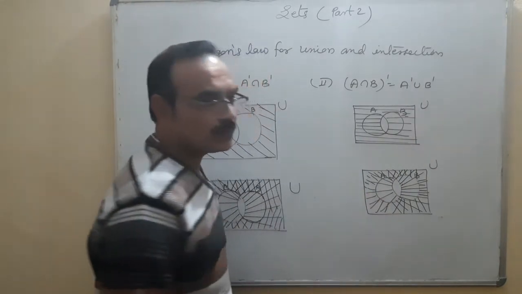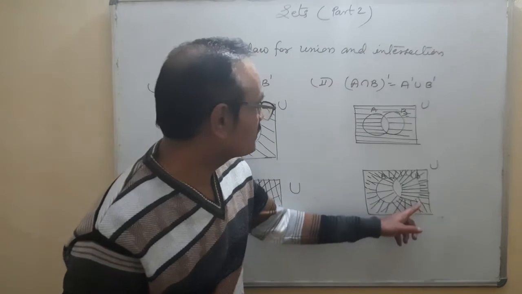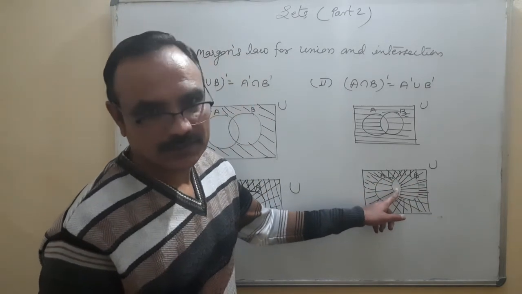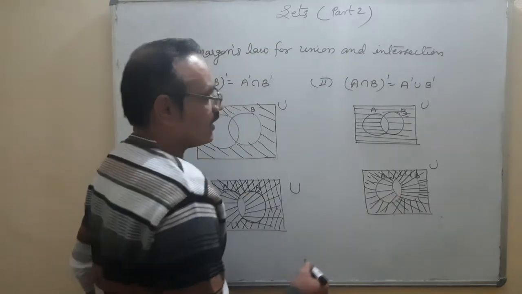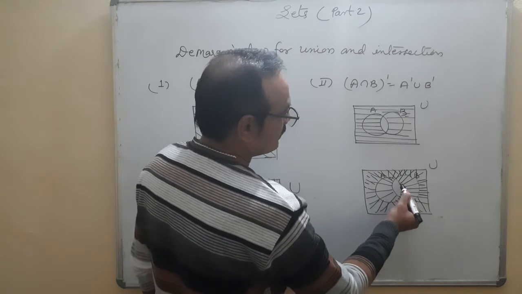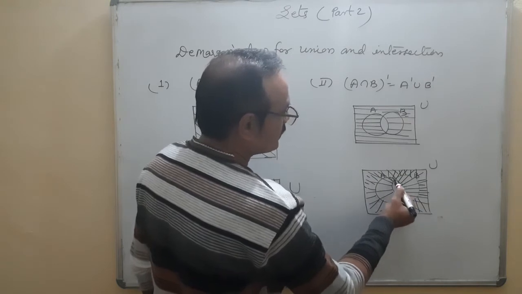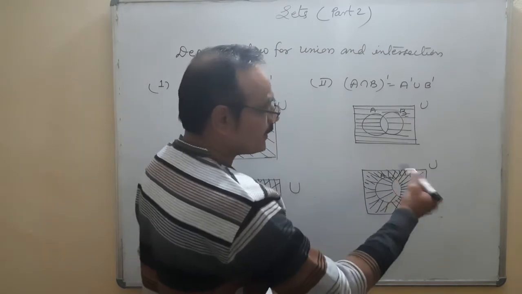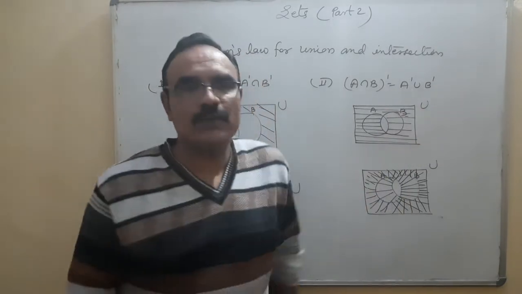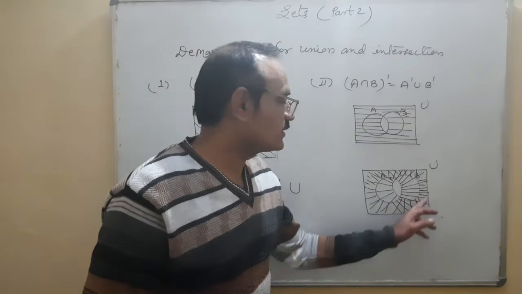Union, that means the combined portion. You will see that the double shaded portion is, this is the portion which is double shaded portion apart from this. Okay. Apart from this, A complement. See, this is A complement. What does it mean? Away from it. B complement, away from it. Here we are not going to see double. It is actually union. Union, that means all elements are coming in this area.